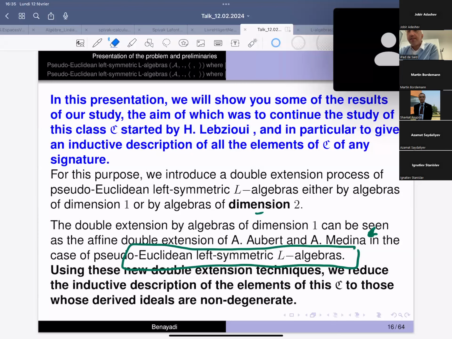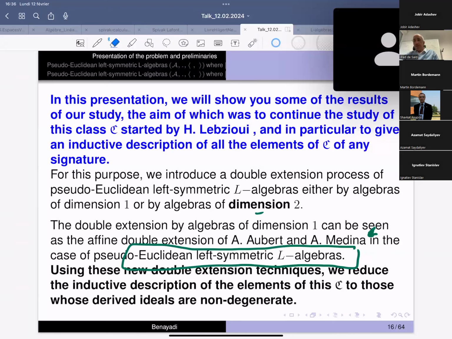We show that if the derivative ideal is degenerate, we can construct this algebra by double extension by a one-dimensional algebra or by a two-dimensional algebra, and after some